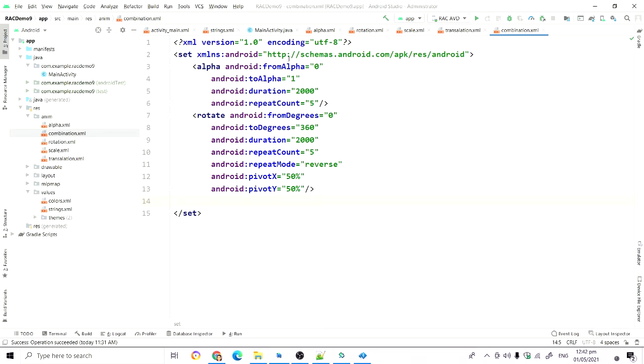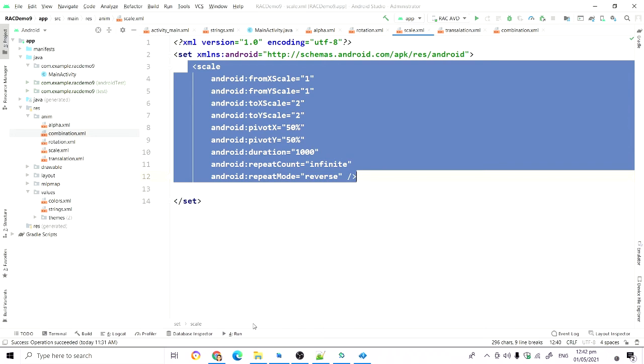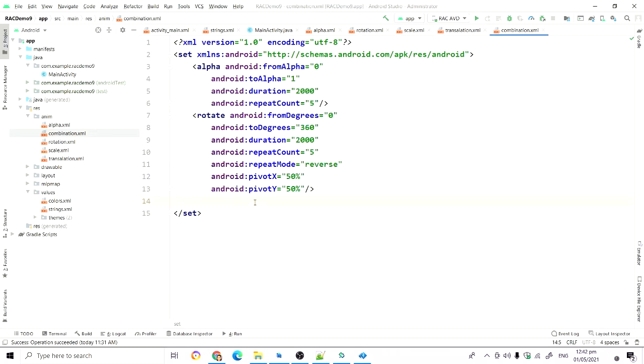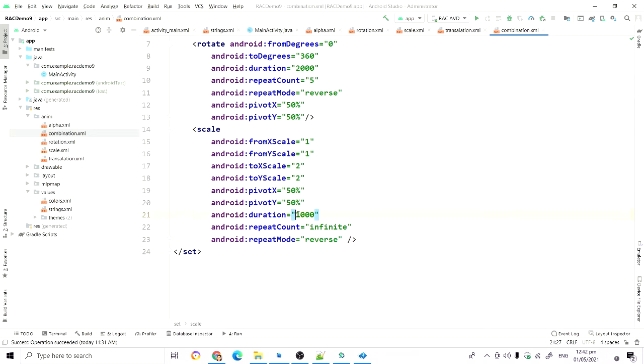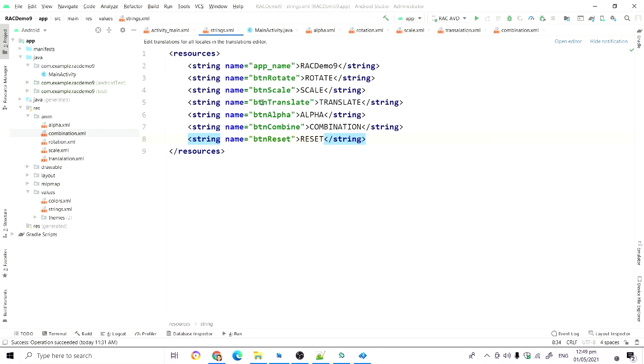And then for the scale, I'll just copy this and use the duration 2000 and for the repeat count, say 5, and there's no reverse. Save. In my strings.xml, I have the string tags with the following names and their values, which will be used